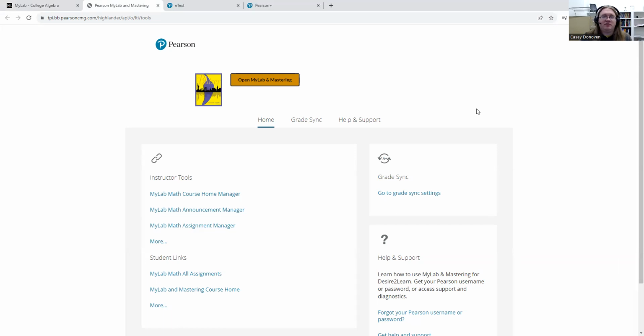However, you'll have to buy access to Pearson to start. You can buy the access code in one of 2 ways. You can either buy it online or at the bookstore. If you buy it online, you just follow this link, follow this yellow link, and it will take you to the page where you can buy